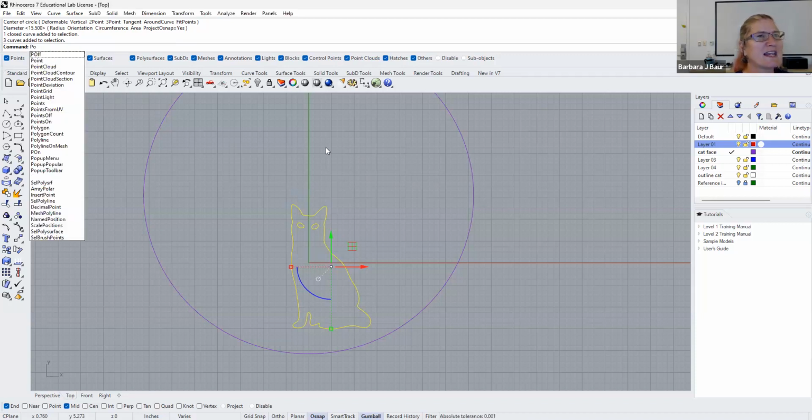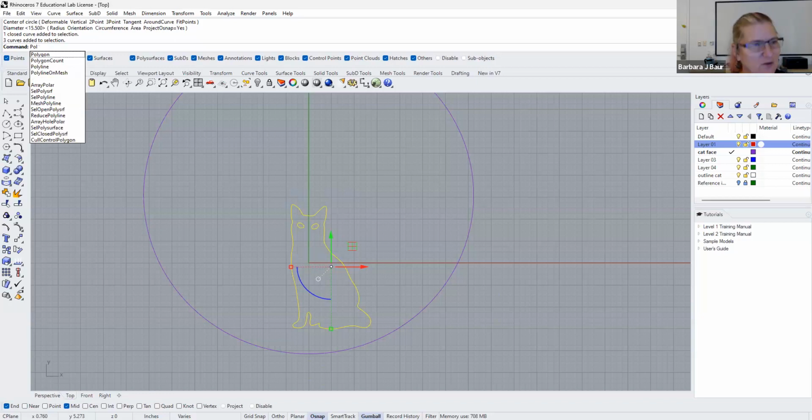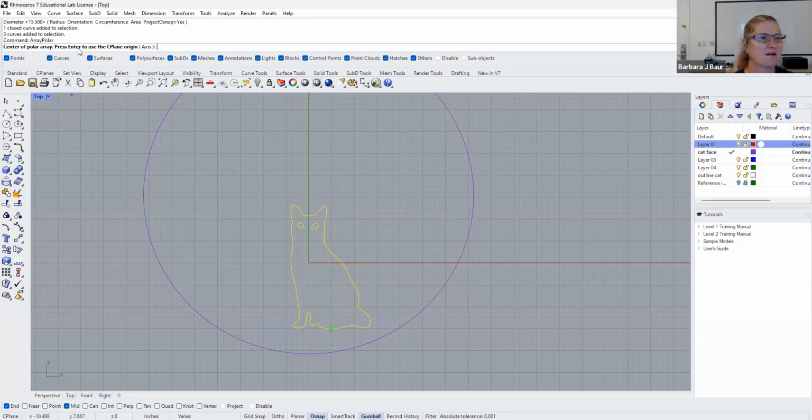Okay, now an array is a group of something in an organized fashion. But polar, I've got caps lock on. Polar array, or array polar, is a command that creates multiple things. I'm going to turn on my center OSNAP down here. Now, if I ride my cursor around the outside edge and I have the center OSNAP on, it'll find the center automatically. Not from anywhere, but if I go touch the edge and roll,